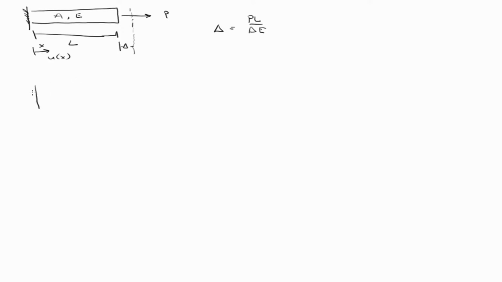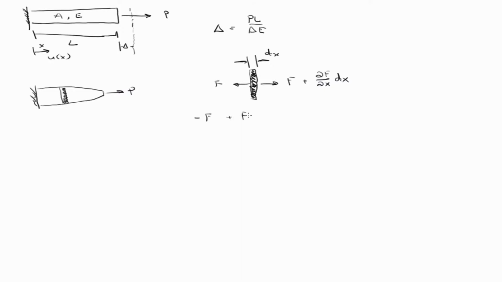But if we look at a bar that possibly even has a varying cross section, and we look at a little differential element, it's the same problem, it's just now we possibly have a varying cross-section. If we look at a little differential element, and we just write down Newton's second law, we're going to have some force acting on that side, some force plus the change in force over x, dx, where this distance is dx. And then we just write down the sum of the forces. So the sum of the forces are minus F plus F plus